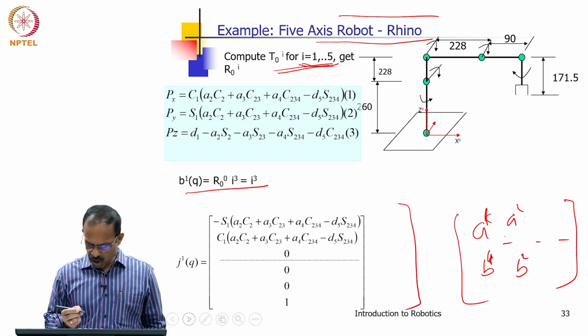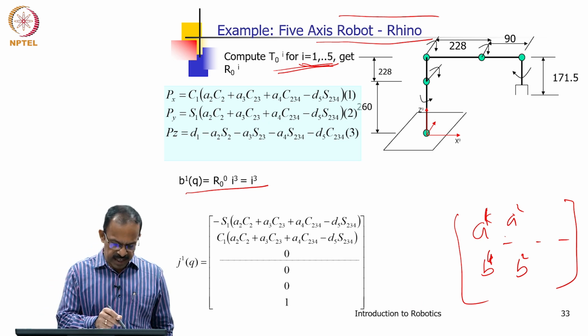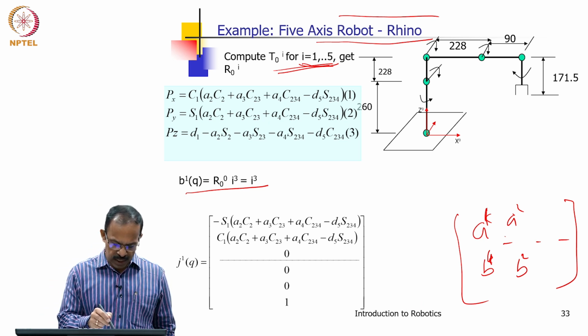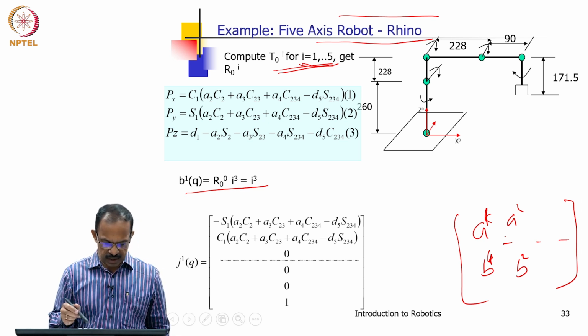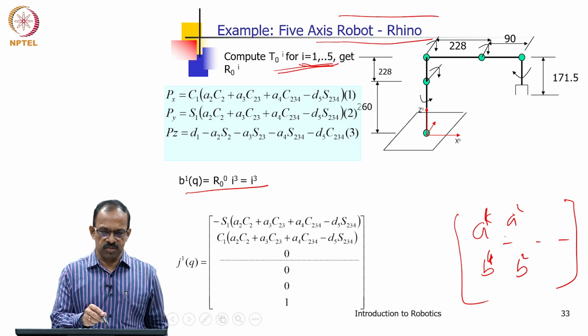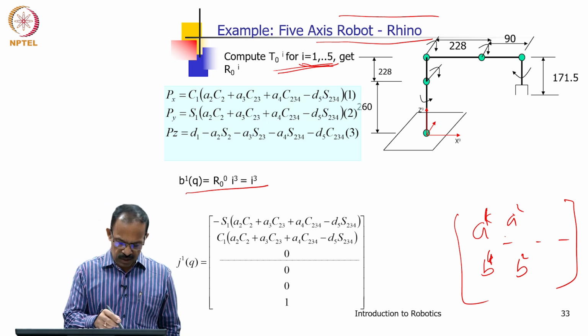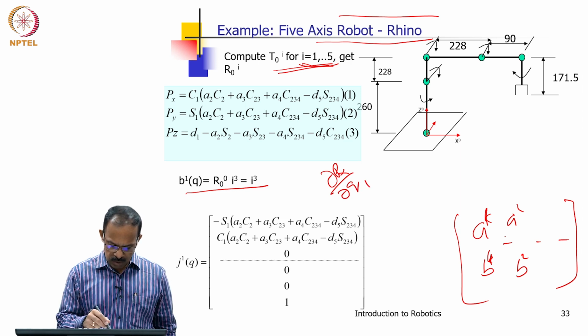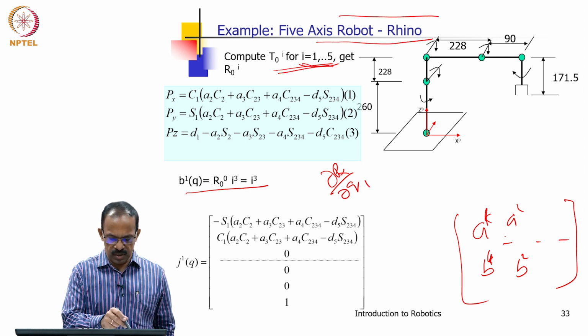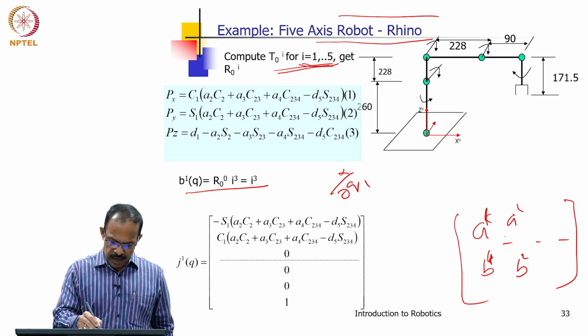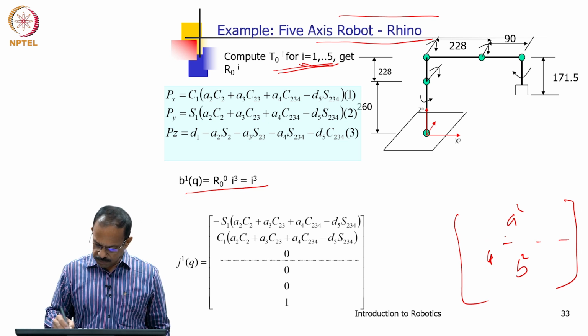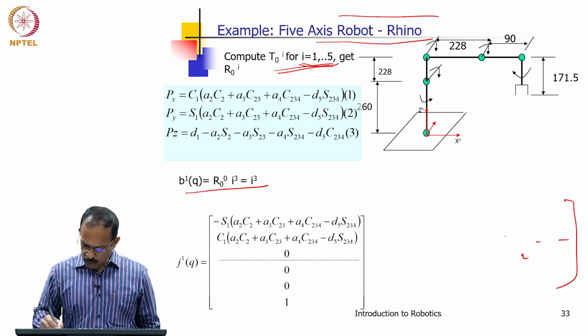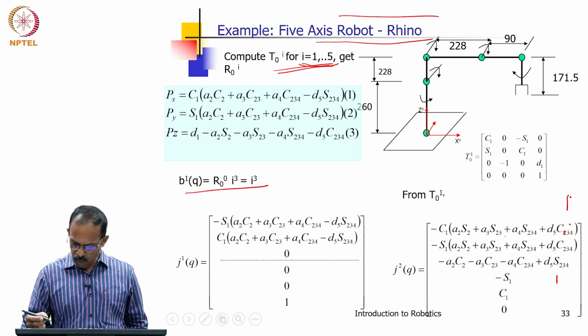So, for the first column of the Jacobian, you take the partial derivative of p x with respect to q1, and you will be getting J1. So, this is the first derivative, p x over q1. This is obtained as p x q1, p y q1 and p z q1. p z is independent of theta 1, that is why you find it as 0 here, and you have the B1 as 0 0 1.